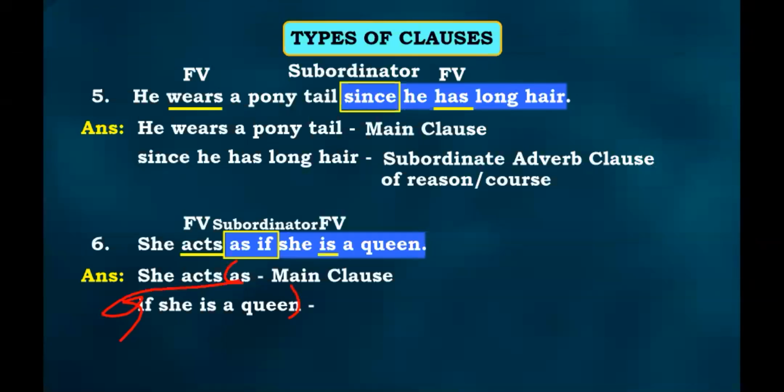She acts is your main clause. As if she is a queen is your subordinate clause.